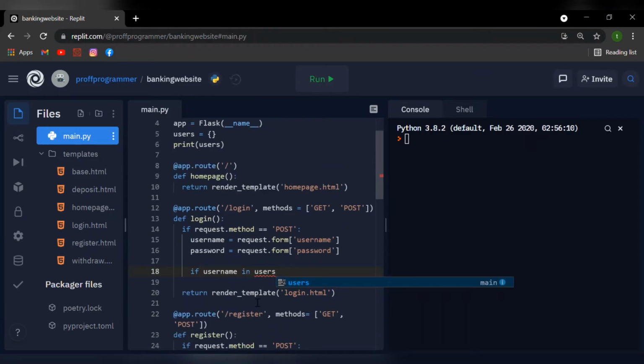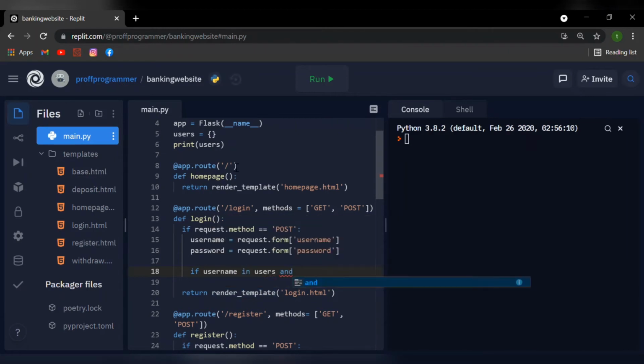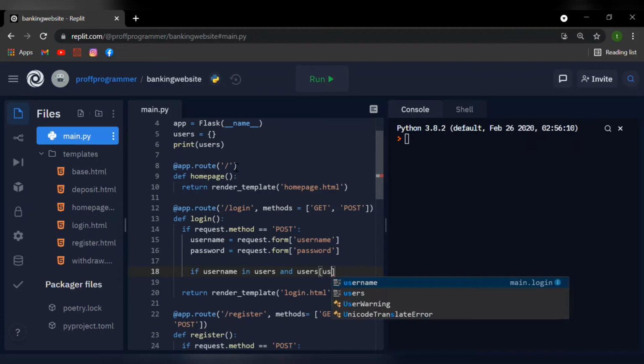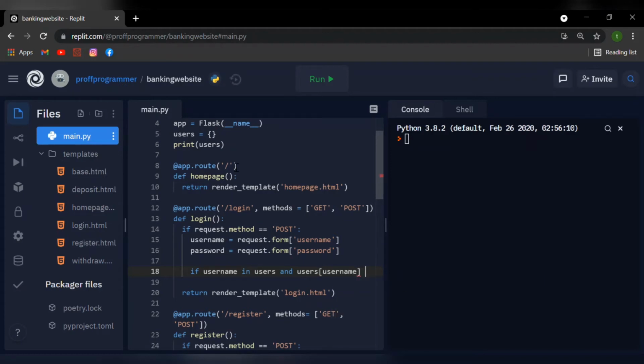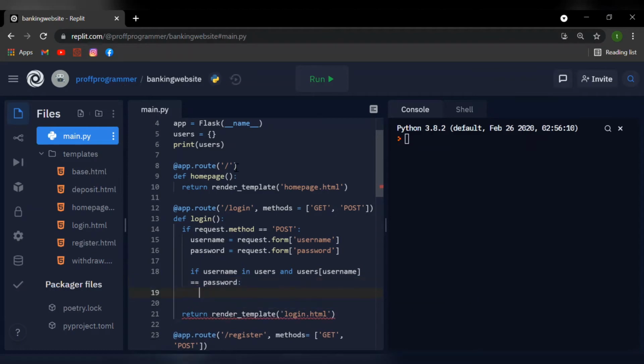So if the username exists in users and the password associated with the username is correct, which I'm going to type in right now, users username equals password. So if the password matches up to the username, we then print